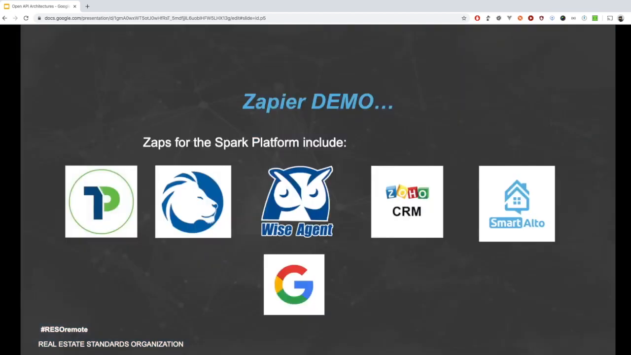Zapier has been working with us. We built a Zapier app, as they call it. So our API is defined within Zapier, and from that app, we can create what they call zaps. A zap is just a process flow that is sort of canned. So the end user logs in to Zapier, then authenticates against both ends of that API process flow, and it's